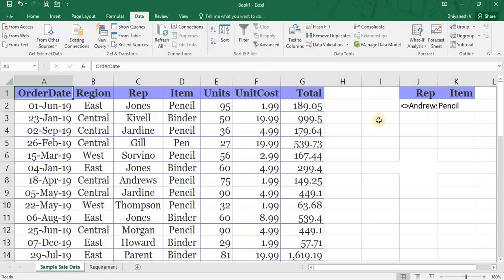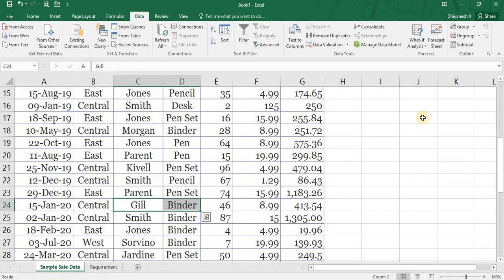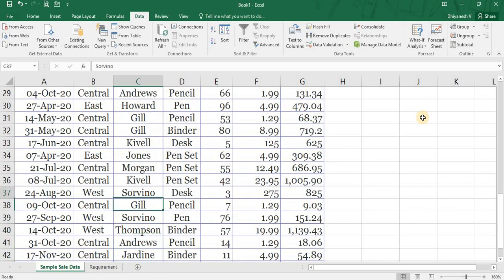So I am clearing this, or you can also take pencil transactions without Andrews, and I am saying all GIL transactions without pen also to be coming. So every GIL transaction will come. If you can see GIL and pen here, GIL sells binder here, GIL sells pencil here, GIL sells binder here, GIL sells pencil here, like that.